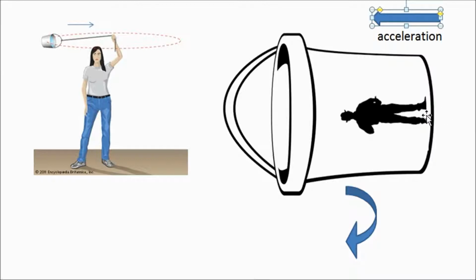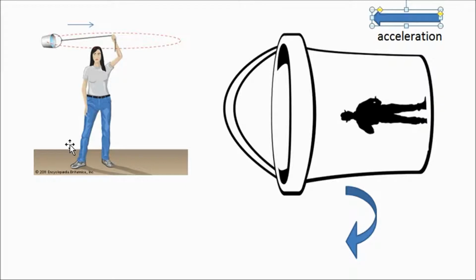That's called centripetal force, the one we've been talking about, and that force is acting on a mass, the bottom of this bucket, and so therefore that force has an acceleration. F equals ma. Force is mass times acceleration. If you have a force acting on a mass, then it is accelerating. Now the bottom of this bucket and this man, they're all accelerating towards the center of the circle, and that